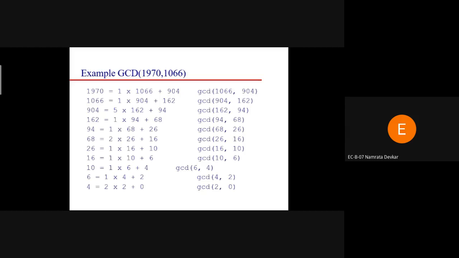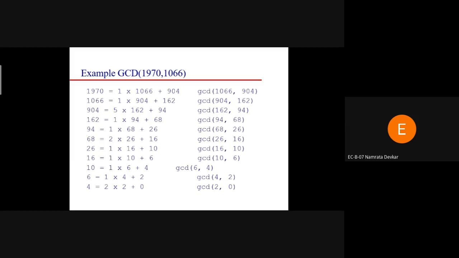We have to find the various numbers, and we have to solve this algorithm until our remainder is 0. That means, until the remainder is 0, we have to keep solving the Euclidean algorithm. So we have to divide by numbers and find the greatest common divisor, and for that greatest number, again we can divide by another number. Here we can take the two numbers as 1970 and 1066.